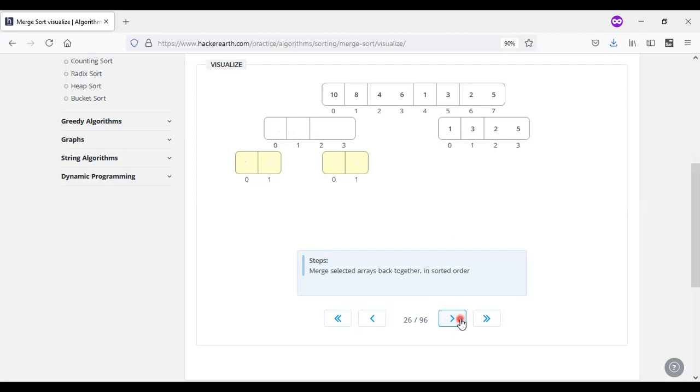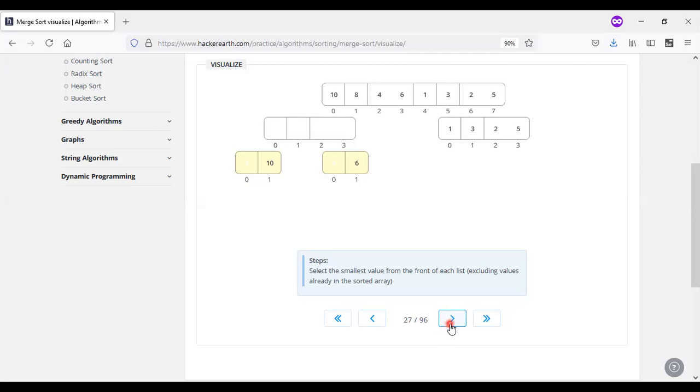the next level, the upper level, uses the 4 elements. Here we need to compare the elements. 8, 10, 4, 6, we need to place. So we clear the space, and after that we compare the values: first value with the first value and then the second value.